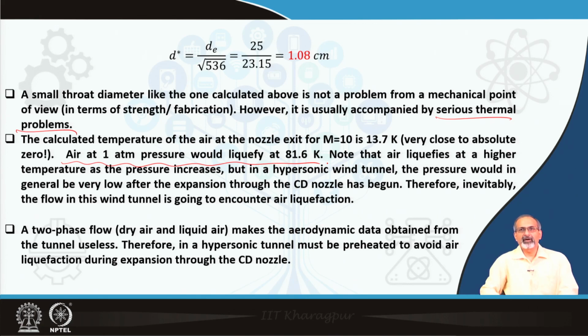Note that air liquefies at a higher temperature as the pressure increases, but in a hypersonic wind tunnel the pressure would be generally very low after the expansion through the CD nozzle has begun,